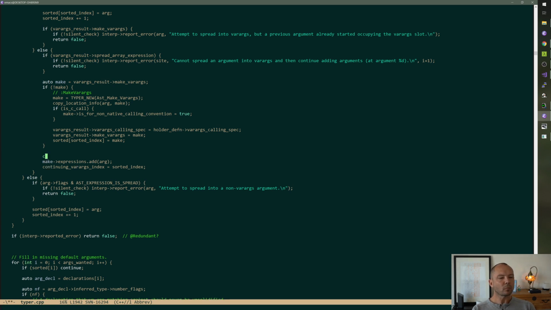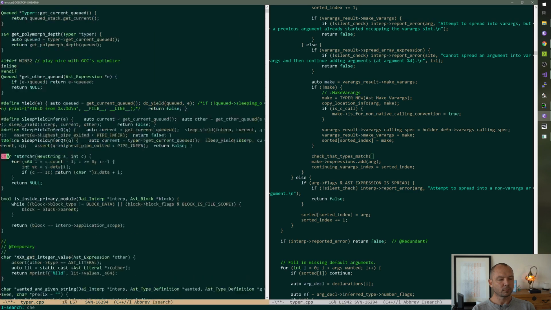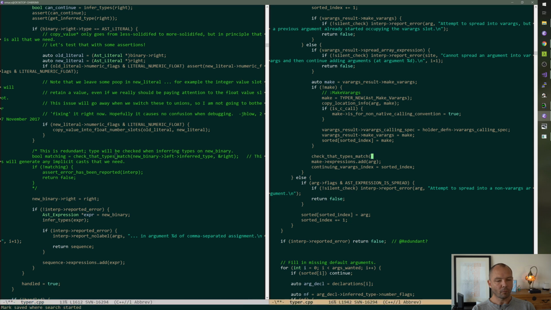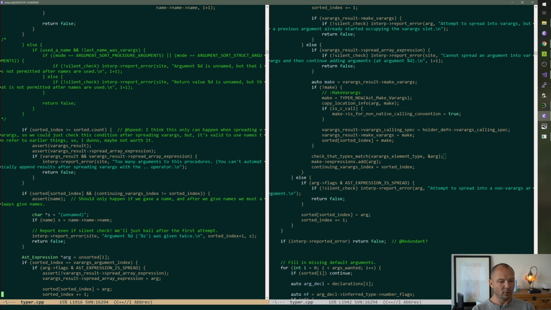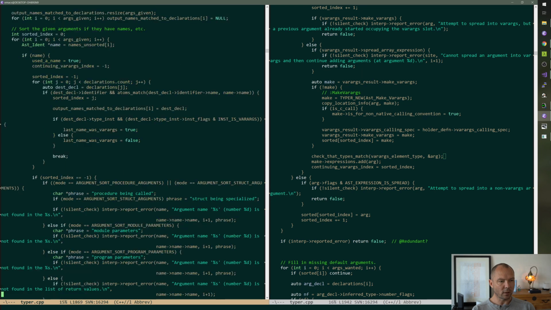Okay. Check that types match. Vararg's element type. Maybe that's not in a local. We might have to dereference that somewhere. That's the wanted type. And the given type is ampersand arg. Oh, and we want silent check.